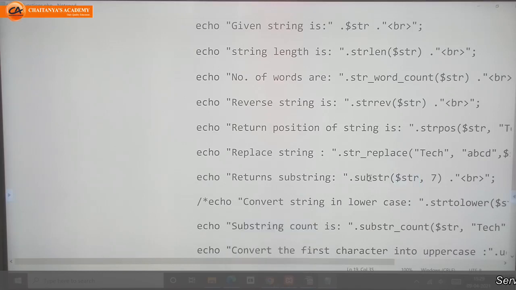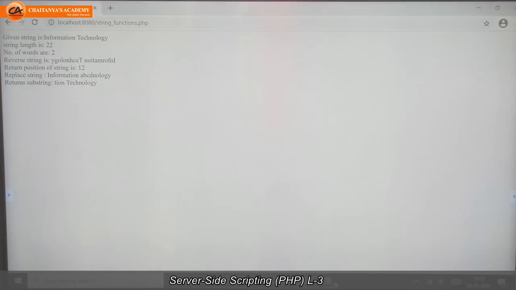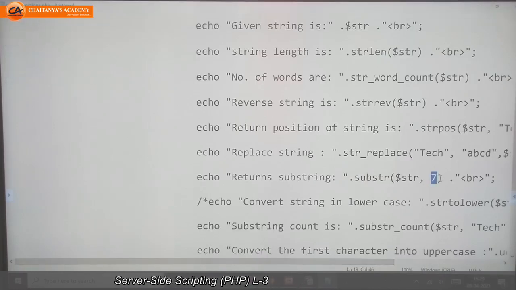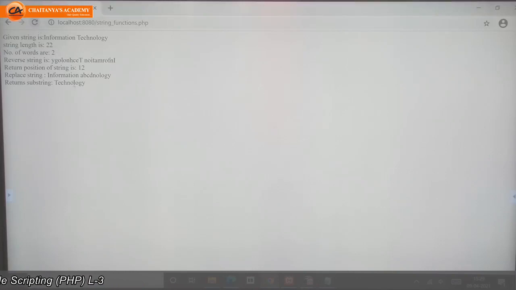Then it will return the substring, meaning the remaining string which started from the 7th position. See, return substring: TION technology. If I change this 7 to 11, we'll see what the output will be. The output is now only technology.